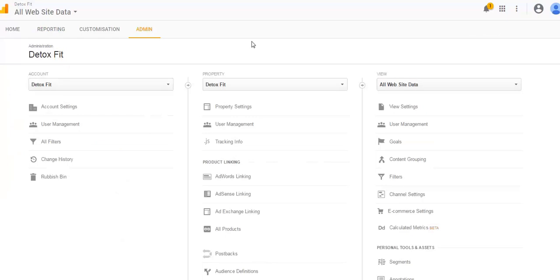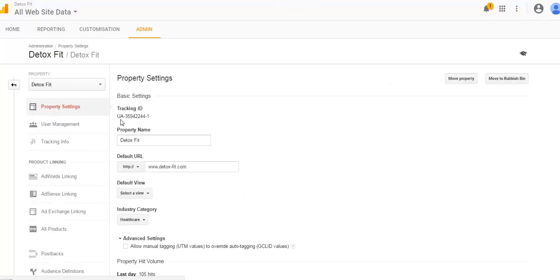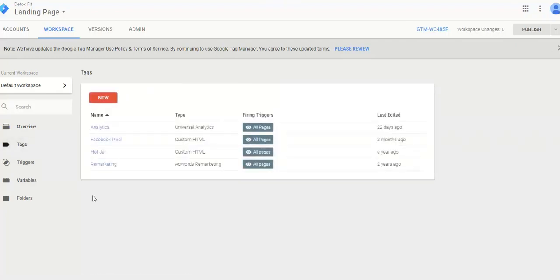First of all, you want to head over to Analytics, click on Admin, and then find Property Settings. Find the UA number or the tracking ID, copy that, go back into Google Tag Manager, then find the selection here, tags. Analytics tag is actually set up on this account already, but for demonstration purposes I'm going to just set it up again. So I'm going to click New,